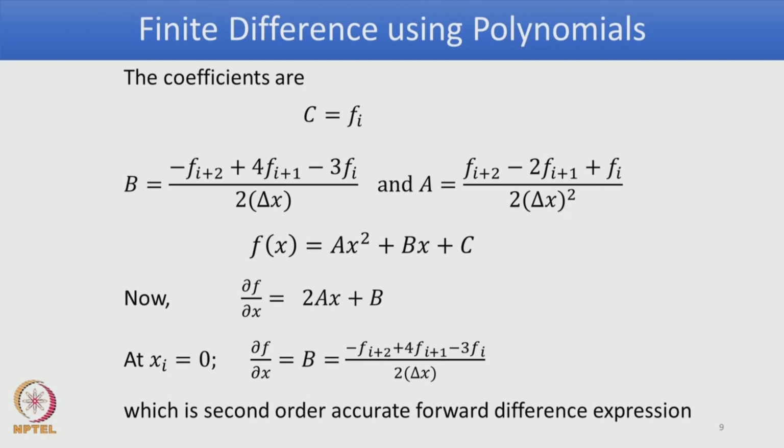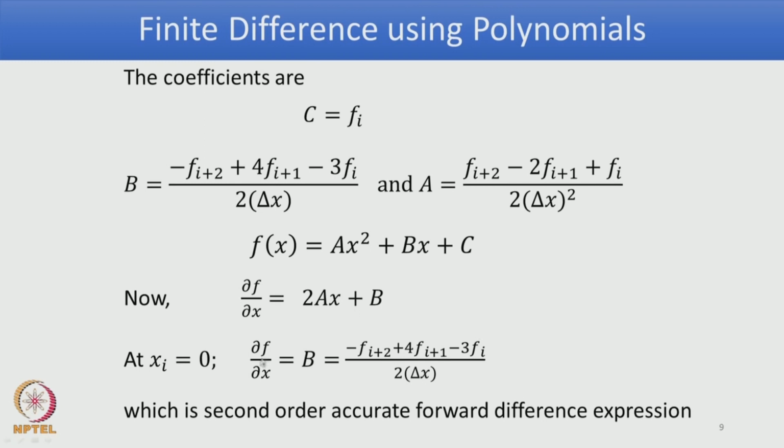Though I have explained how to obtain the accuracy, it is not shown here. What is important is to know that this is a second order accurate forward difference scheme, and you can also recognize immediately that we have considered two neighboring points with respect to i, that is i+1 as well as i+2,